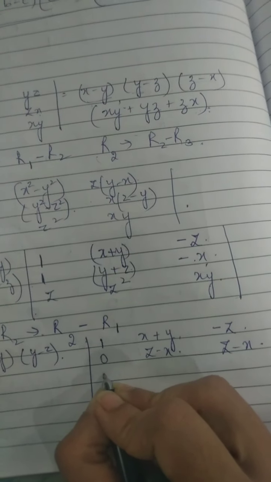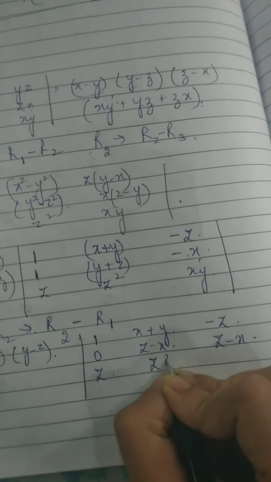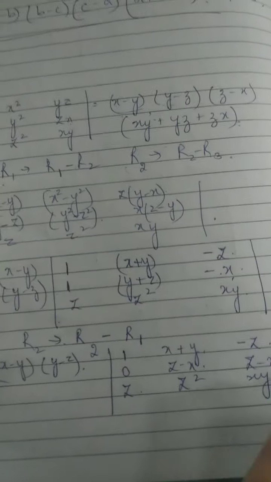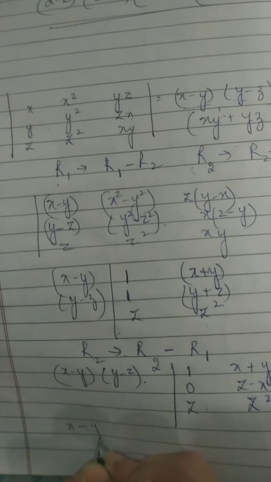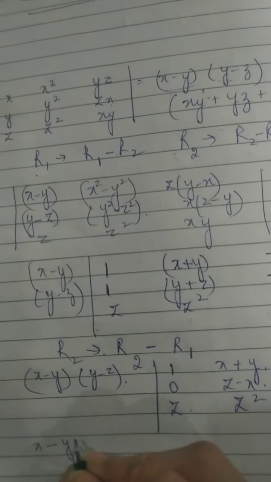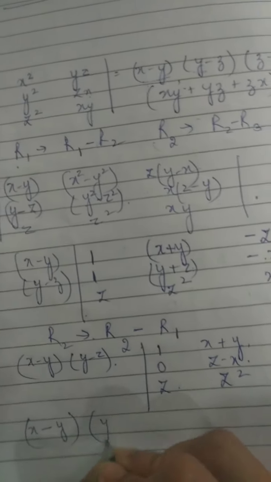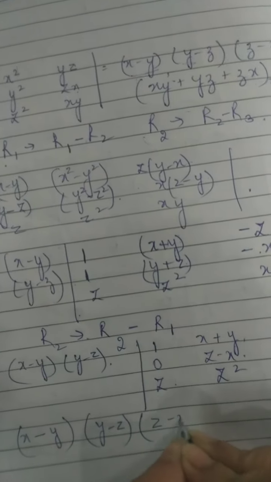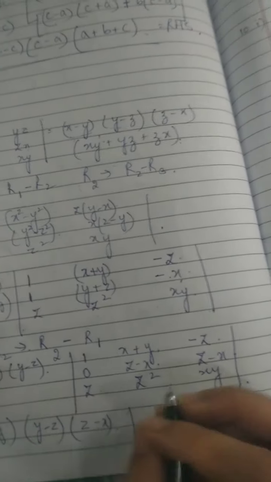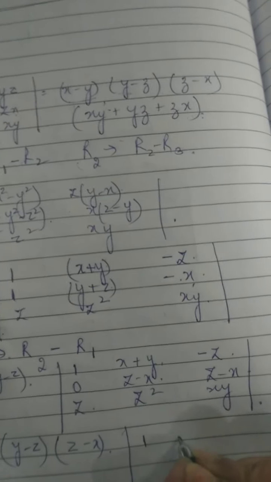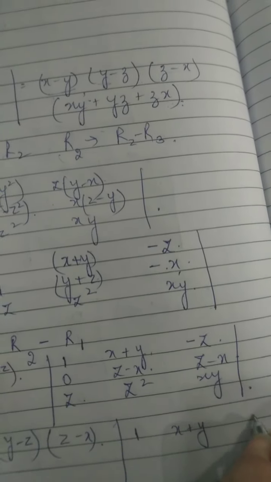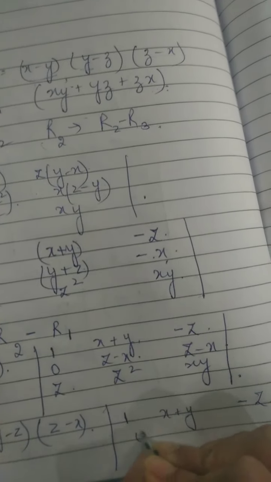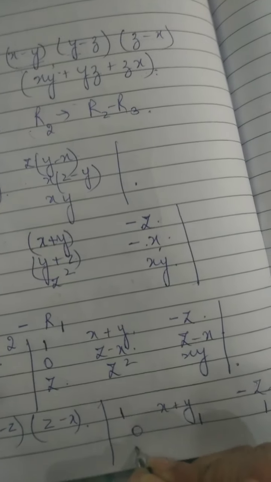And here we have z, z square and x. What we can do now? We can take z minus x as common. So we have x minus y, y minus z, z minus x. And within brackets we have 1. X plus y minus z 0 1 1, that's z